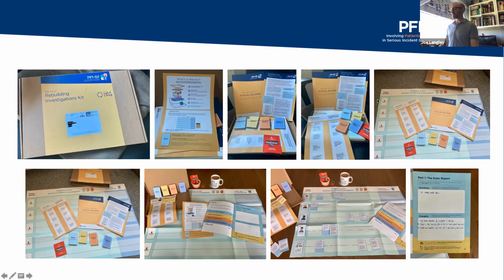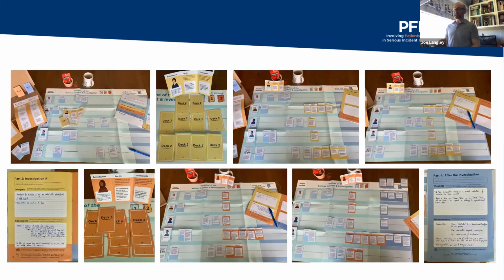The blue cards set out a specific incident like you might get in a Datix form. The yellow cards then become the role of the investigator. The person playing this game or using this kit defines an investigator, and then is limited to a certain number. You can't use all of the evidence in the deck. You shuffle them and draw a certain number. And this defines the evidence that you, as an investigator, will be made aware of. And you then lay that evidence out and you make a decision about what the investigation has found and